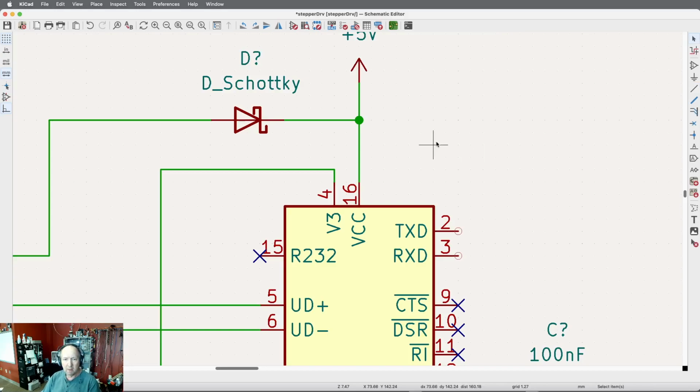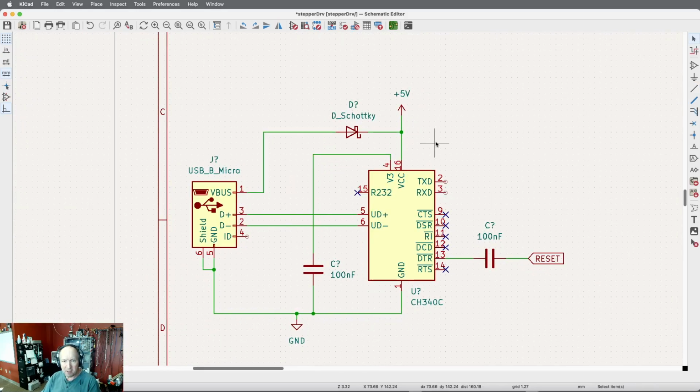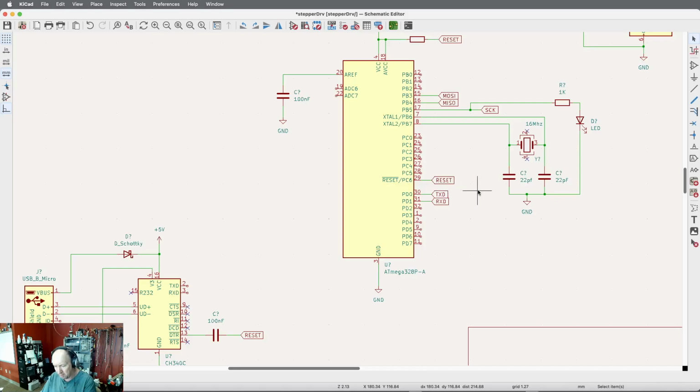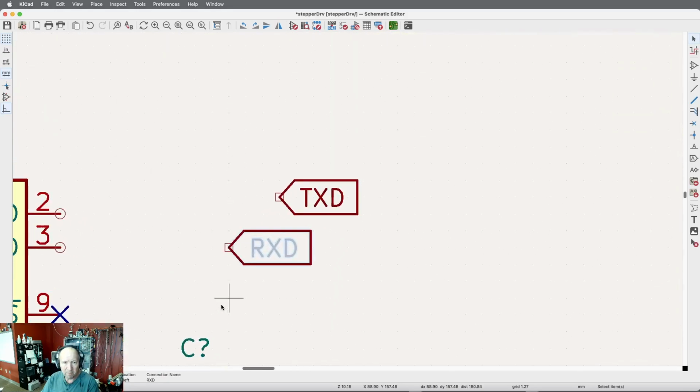Okay, so the only 2 pins left on this guy are the TXD, RXD. So let me go get those. I want these. I keep hitting the escape key, which is what I need to do here. There's the TXD, so I'll just drop this over here. Hit the escape, Command D for the RXD, and that should be RXD. And if I get it right about the right spot, then I can